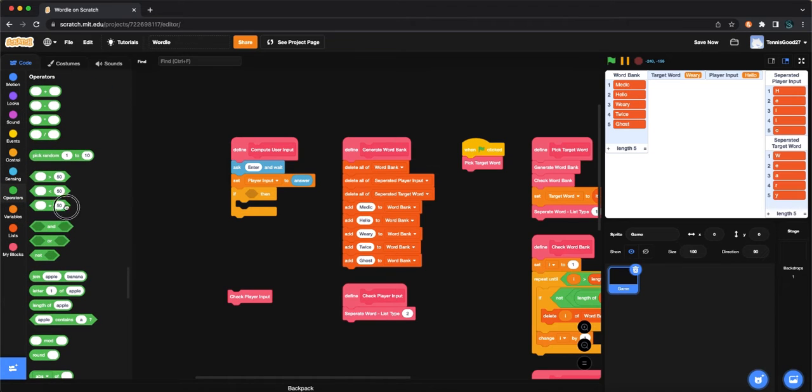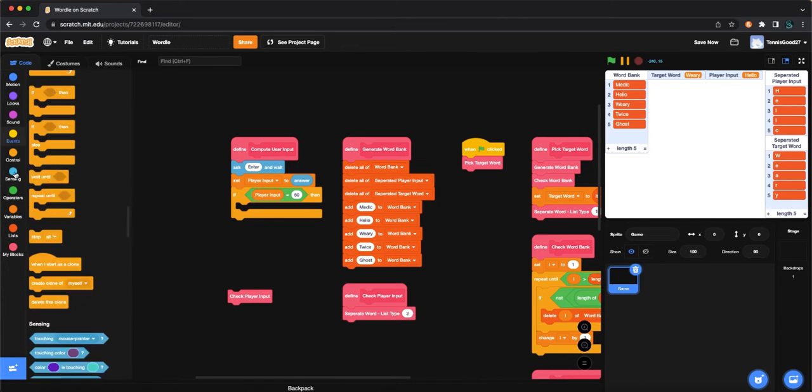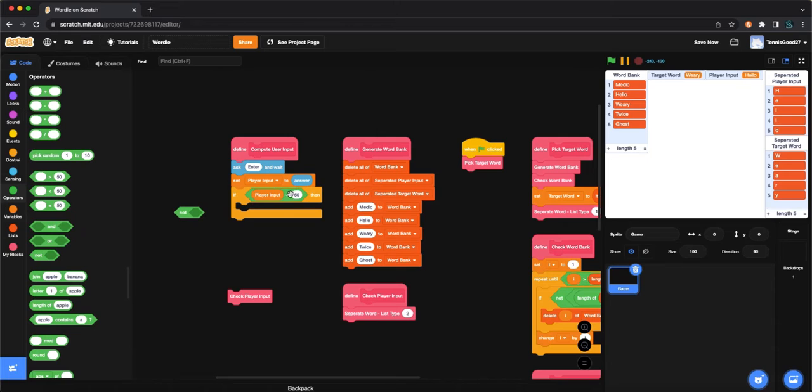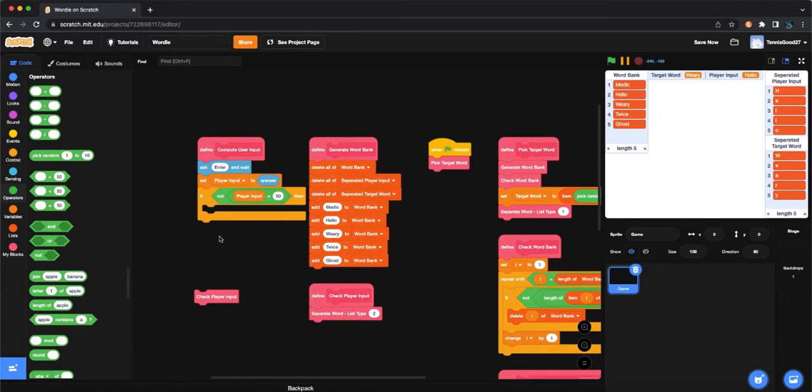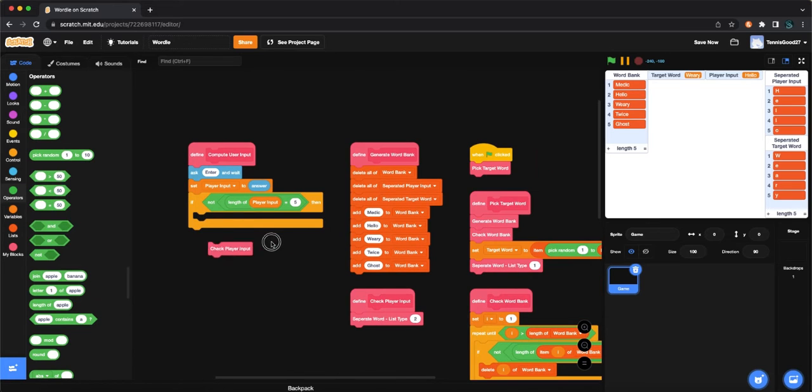And the condition will be if player input is not equal to 5, because the length of player input is equal to 5, which is going to be true, but we need a not. So if it's not equal to 5, then